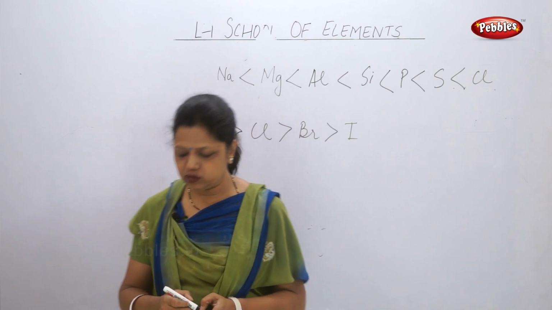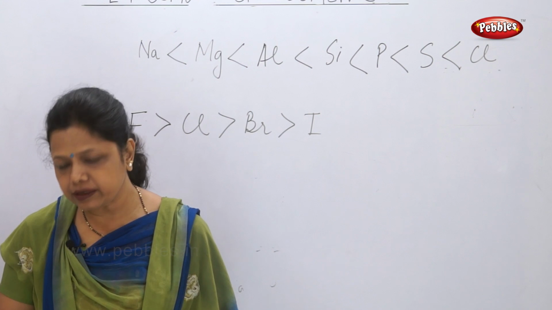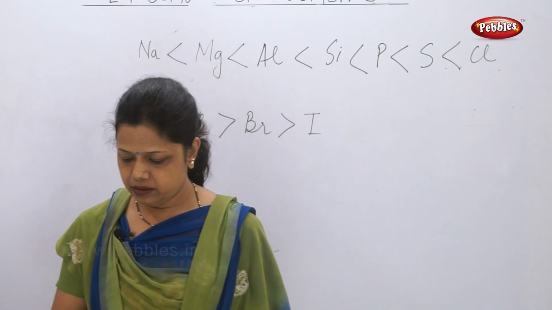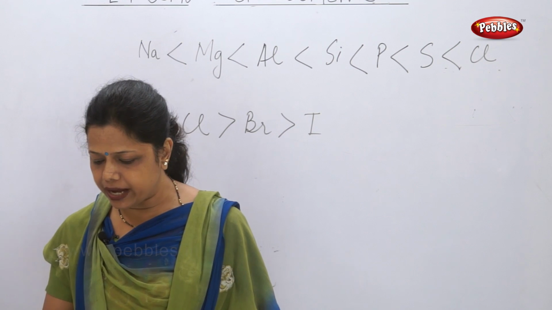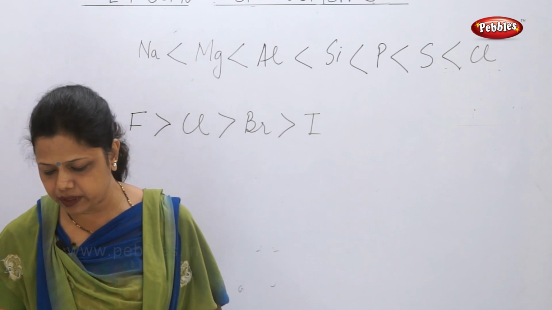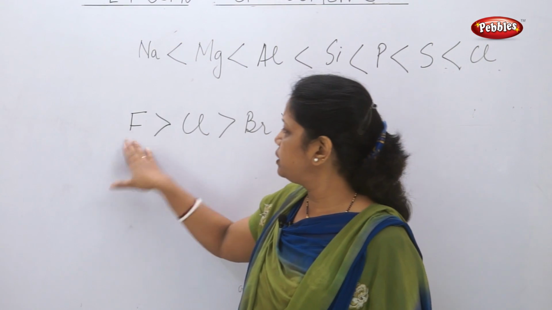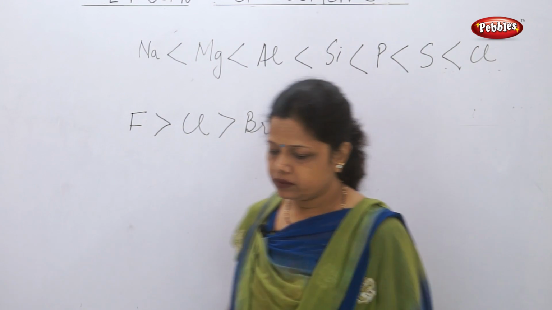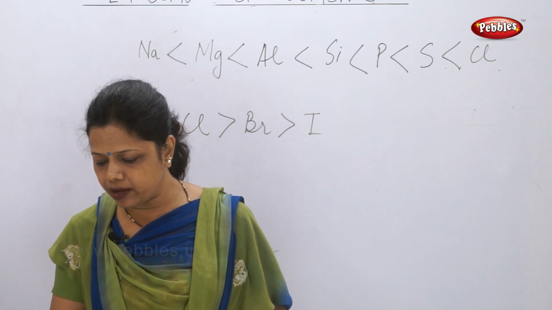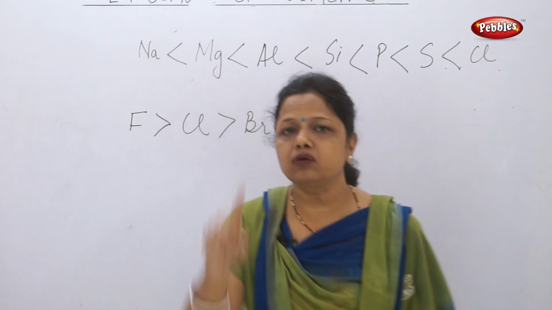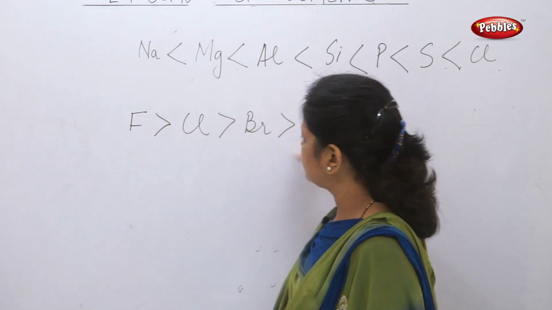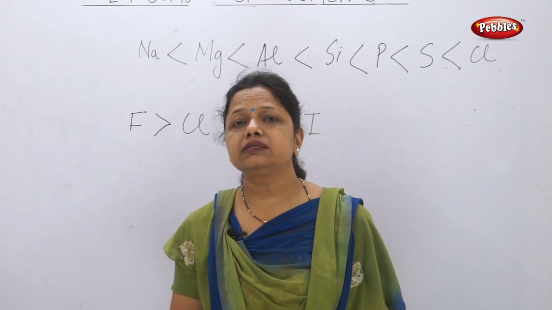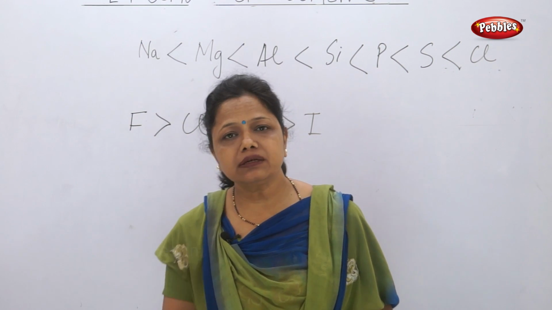These are all halogens. Are they arranged in the periodic table as it is now? No, it is not arranged that way. Which are the atoms of the highest and the lowest atomic radii? Lowest is fluorine and chlorine, highest is bromine and iodine. And what trend can you observe in the atomic radii down the group? As you go from top to bottom, the atomic radius increases. Now what is the reason?